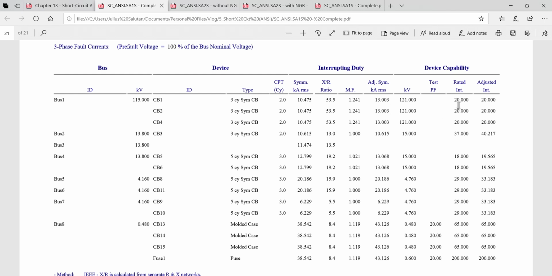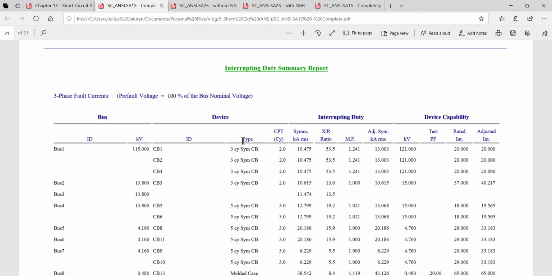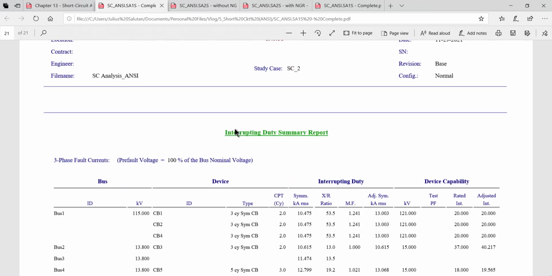So this capability, this 22 kiloamperes, since we assigned the marginal value to be 80%, this is 25% higher than the actual short circuit current. So right now, we're going to